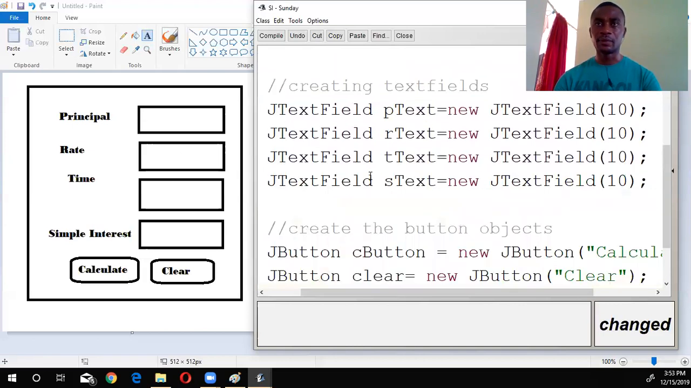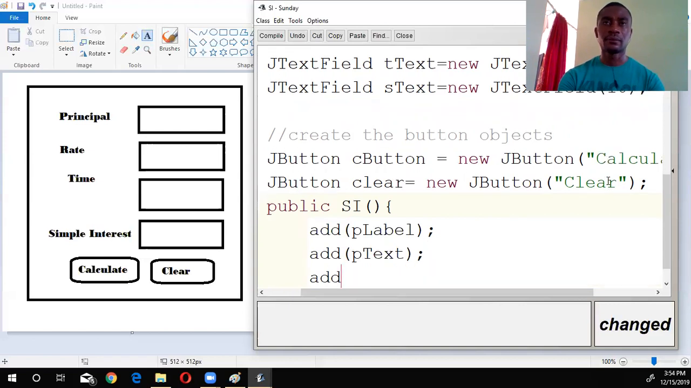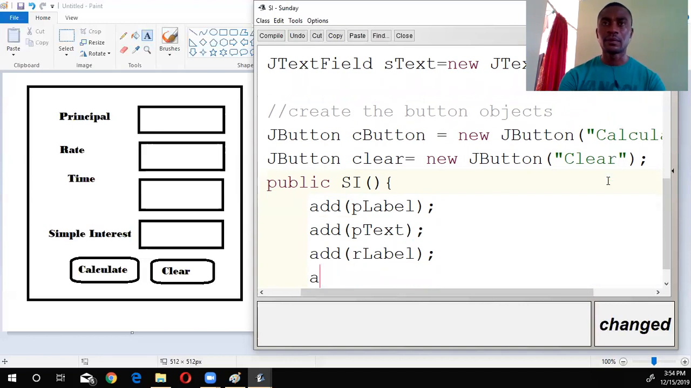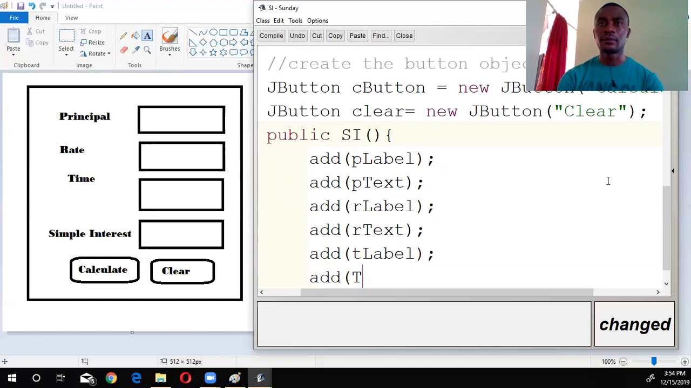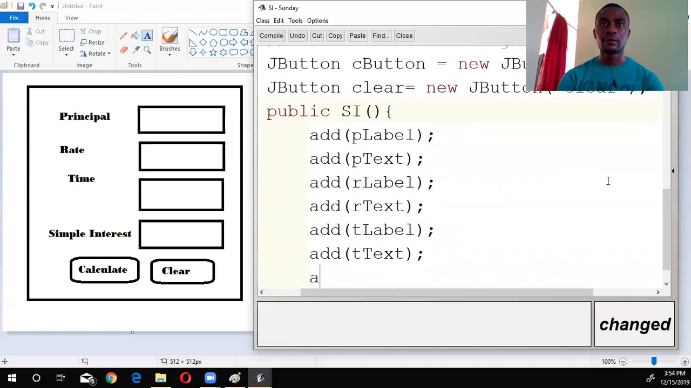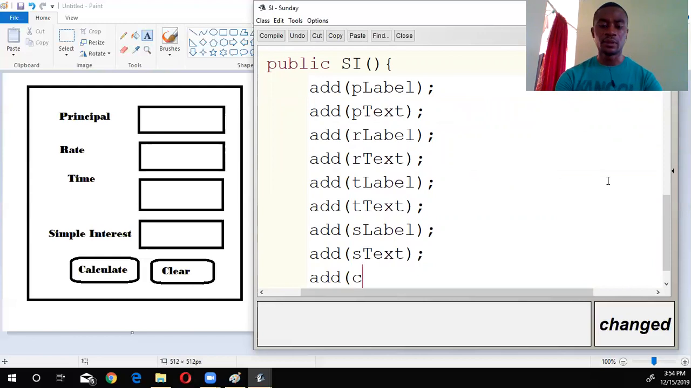So to add these components to the panel, all I'm going to say is add pLabel, add pText, add rLabel, add rText, add tLabel, add tText, add sLabel, add sText, add cButton,